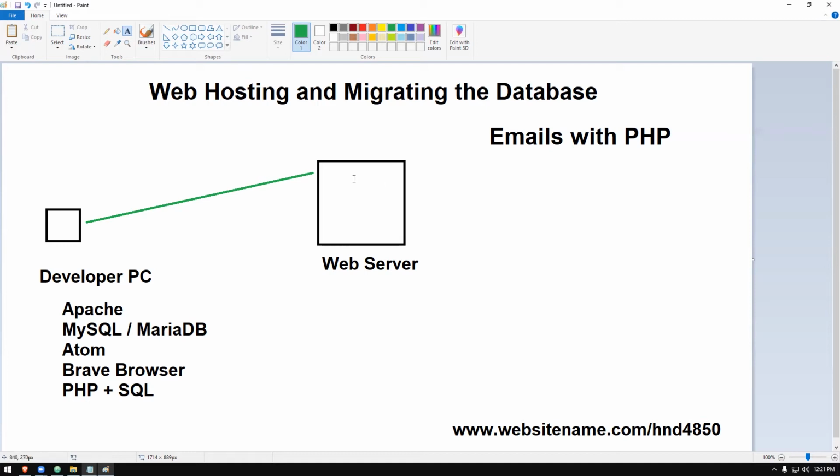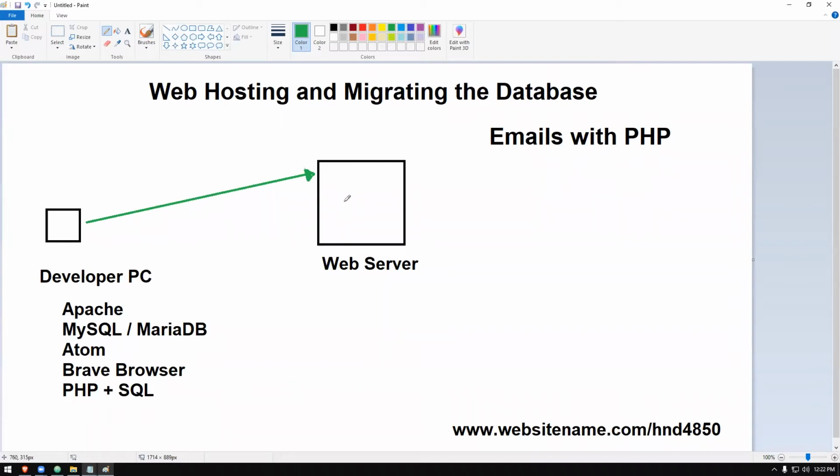This website is connected to the World Wide Web, so from any place in the world it can be accessible, not only on your developer PC. This is the one web server. It's going to distribute all the files and features once people visit your website. So we're going to make sure we do that first. We're going to put our website on the World Wide Web. That's the first thing we're going to do.